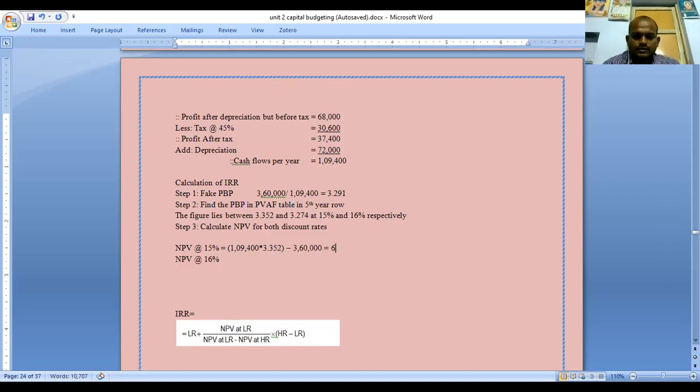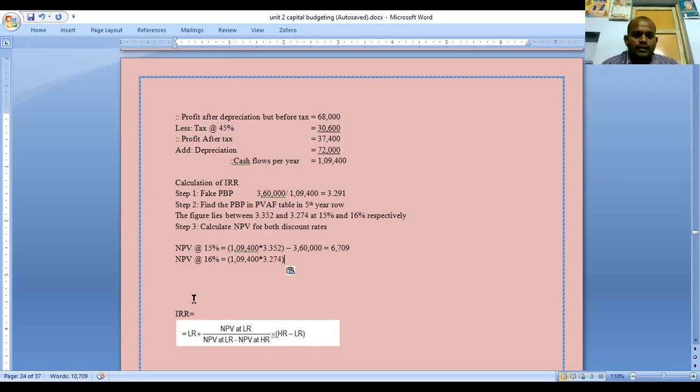NPV is 6,709. So at 16 percentage, NPV is, so annuity factor will be different,